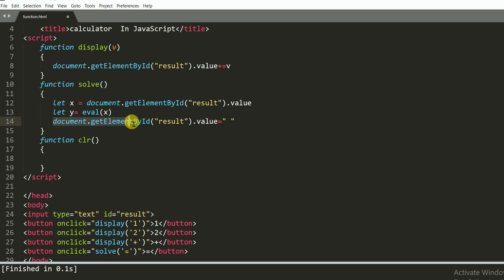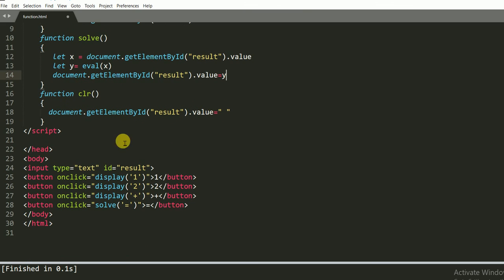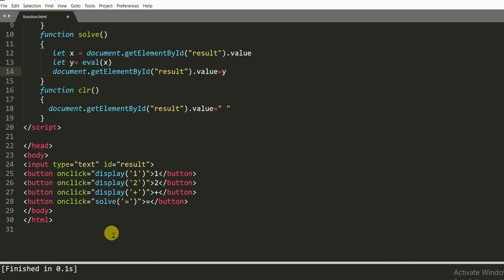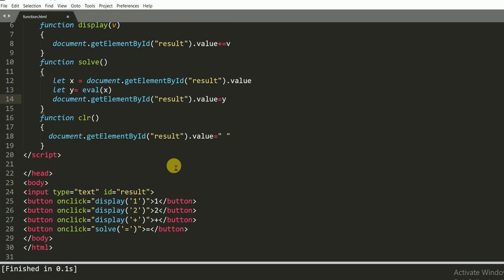So we copy this function and here I put the real value y, and I need to call this clear function. So this is our calculator. Main work is finished.